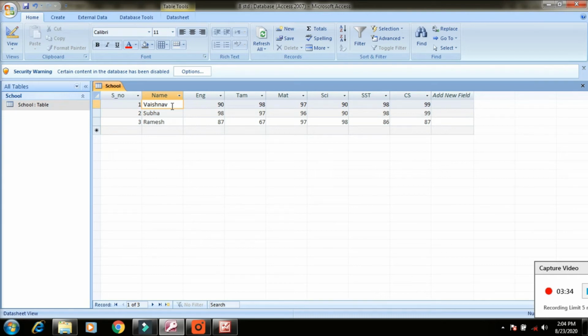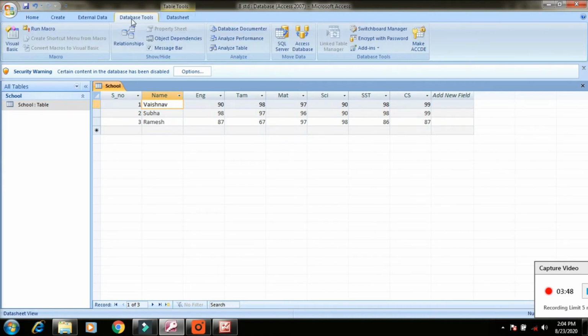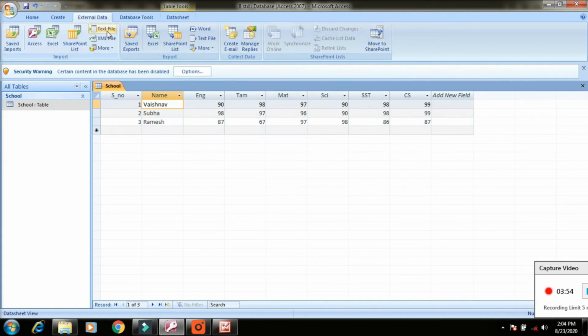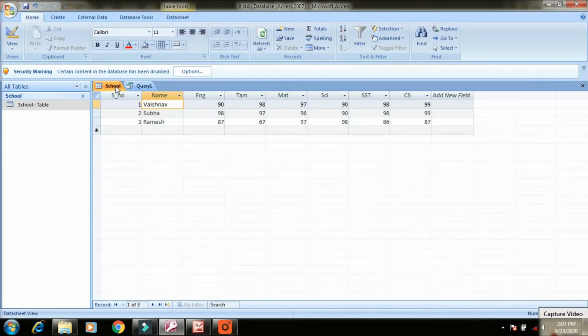See, after creating the table we have to go to Database Tools. Database Tools, check it. And previously, External Data. The Table option is there. When you click the table, all the column names you created will be shown to you.